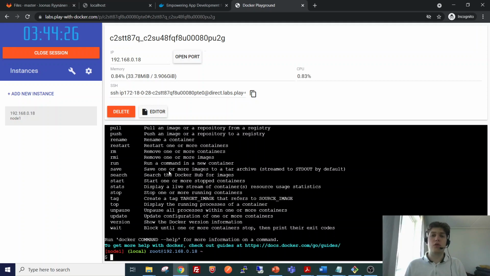So first of all, Docker is a technology for packaging, containerizing applications, which means essentially to package both the application source code and the runtime environment in a container. And there are two major ways to build containers.